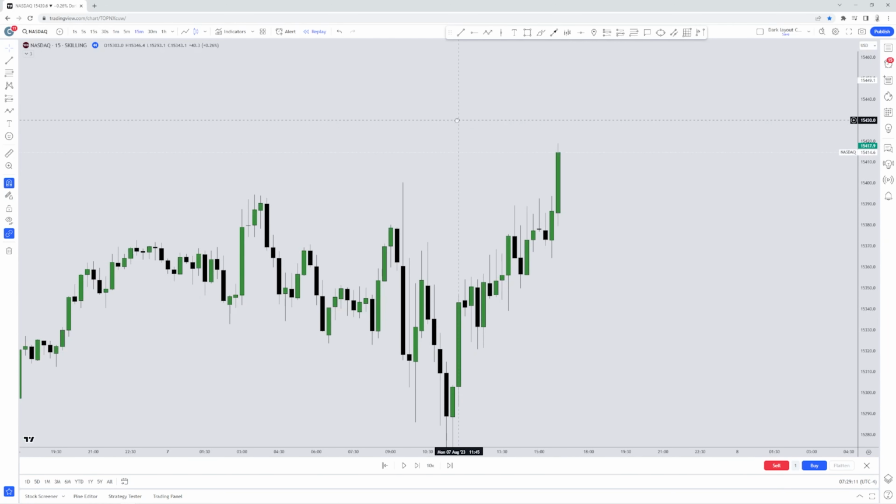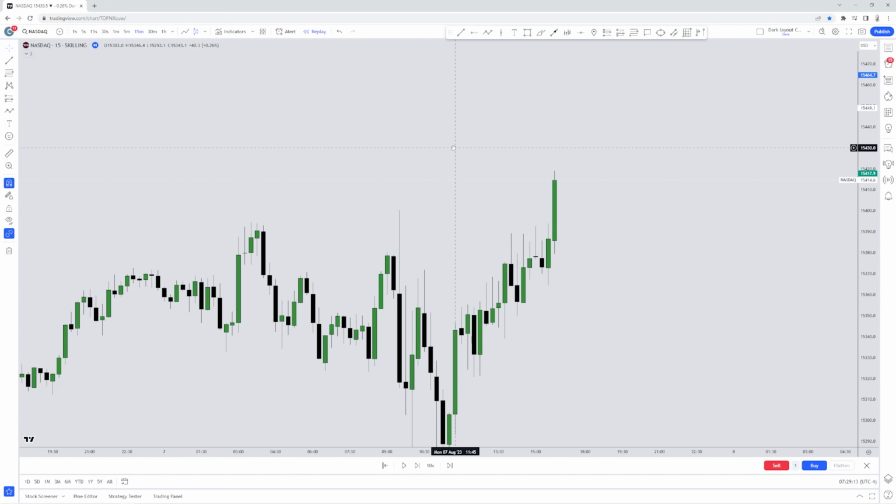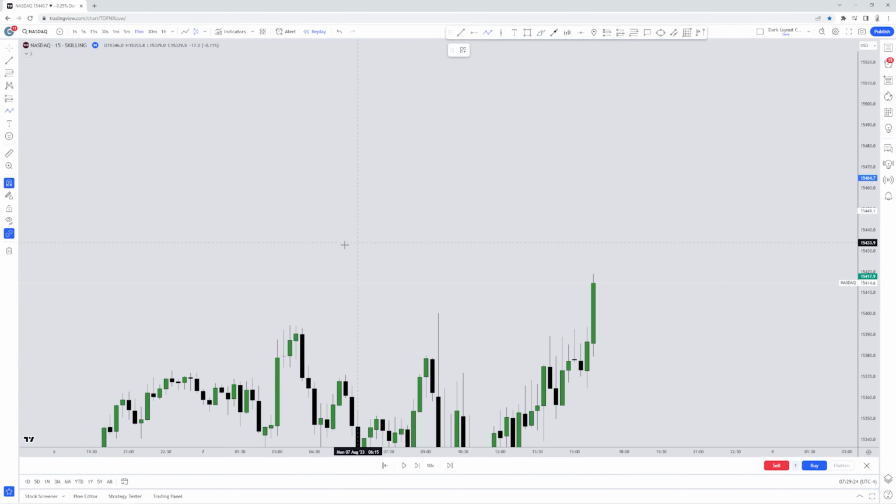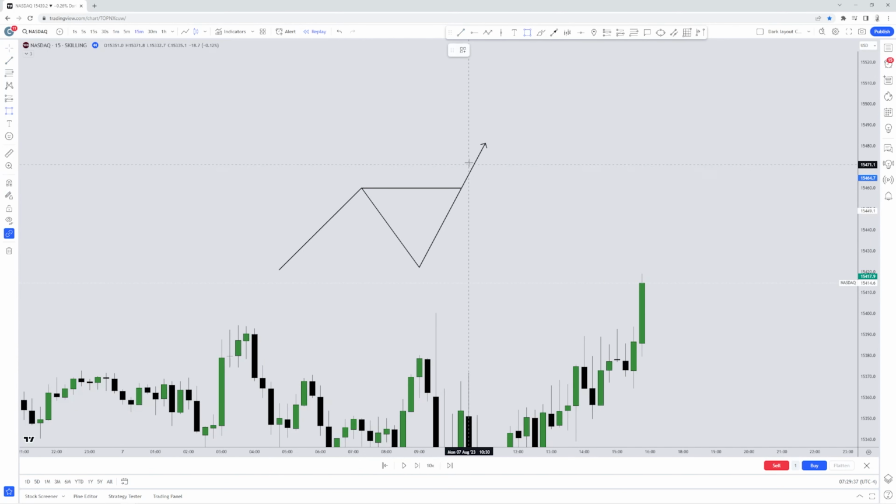This strategy is going to take place only on the 15-minute time frame. You don't need to go ahead and check out any other time frames. And what we will be recognizing with this strategy is an impulsive break of a structure. When we have a very impulsive break of a structure with a body of a candlestick,